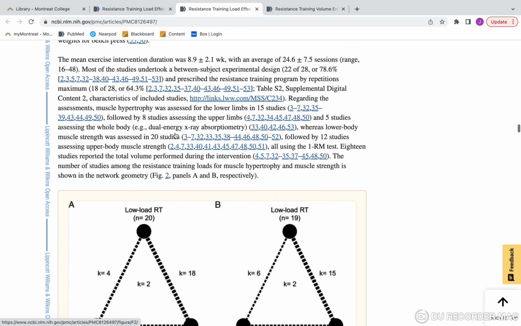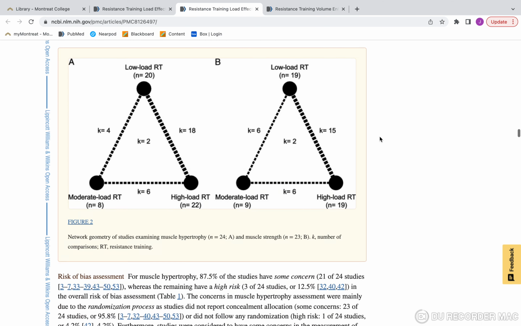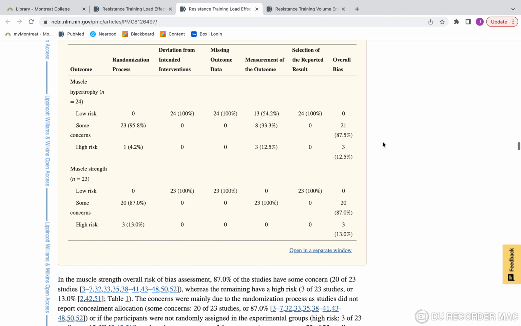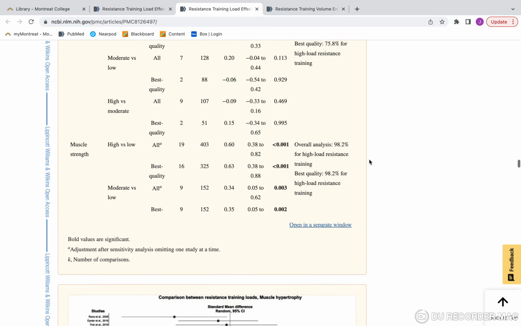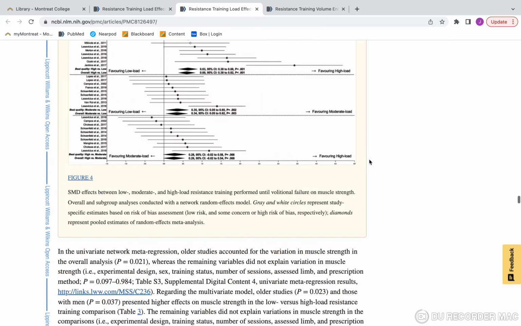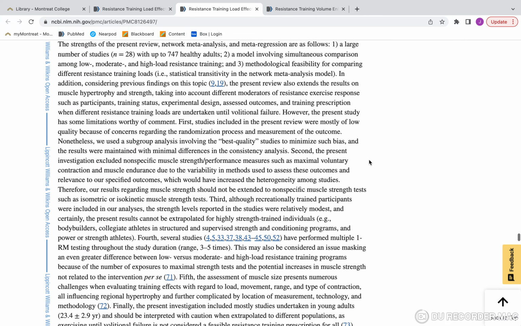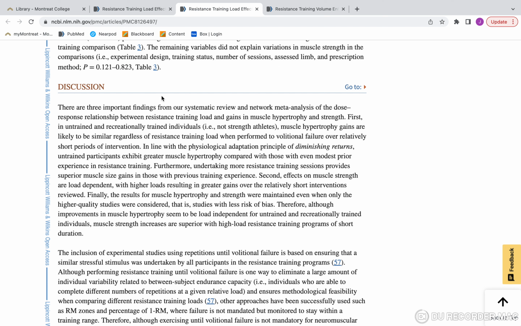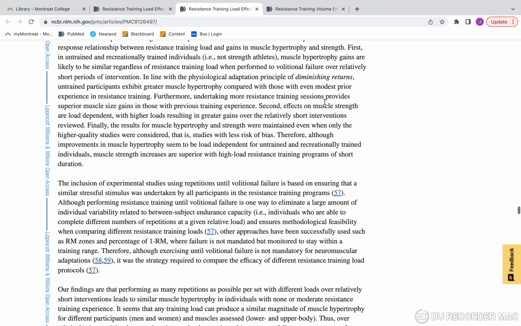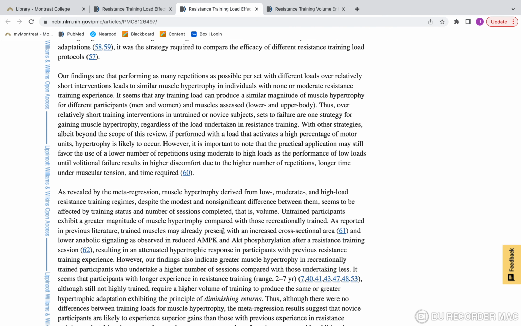We see when we combine all these studies, like you can see here, 50 something studies have been combined. And then we can see what the end result is. So if we go through, again, you'll see graphs and you'll see numbers. But what you'll also see is a results and a conclusion section, just like a normal research article would have. See, discussion starts here. So the discussion is then going to discuss all these different factors that come into play. So, pretty cool thing.